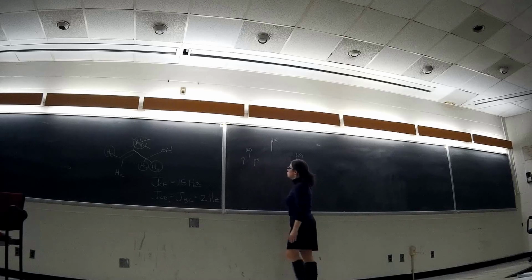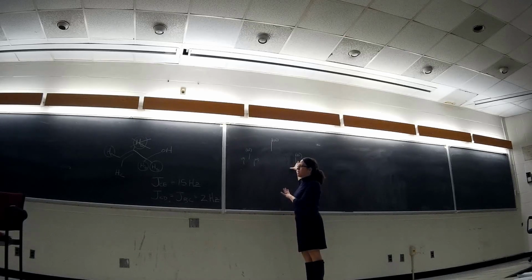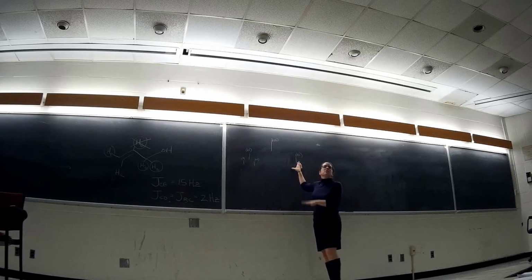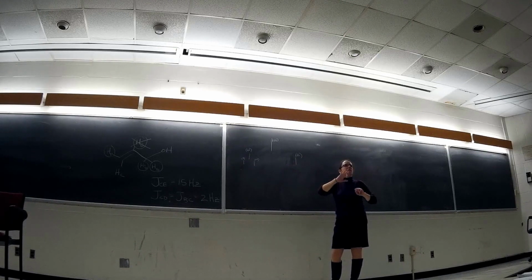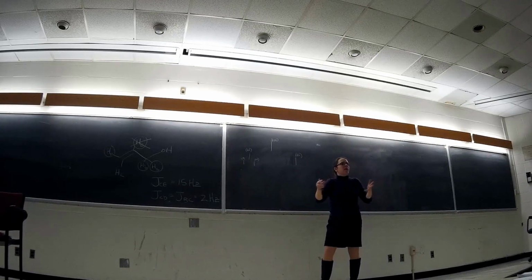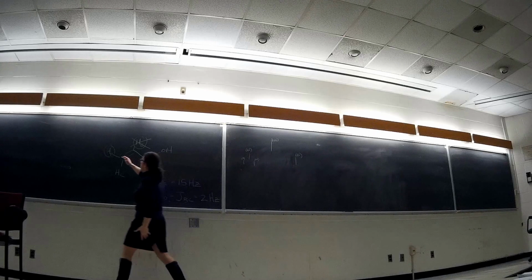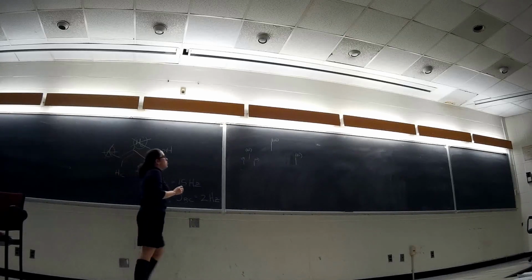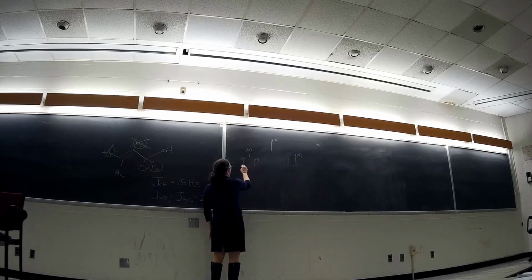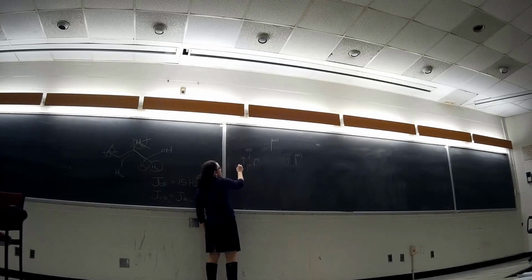And I'm also only going to do one side. I can go back and do the other side in a minute. This is the influence of one of those guys, either HD or HB1 or HB2, it doesn't matter. I'm going to cross out one of them. That's a 2 hertz split. When I do it again for the second one, I get 15-30, because 15 comes this way and 15 comes this way, and this is 15-15,